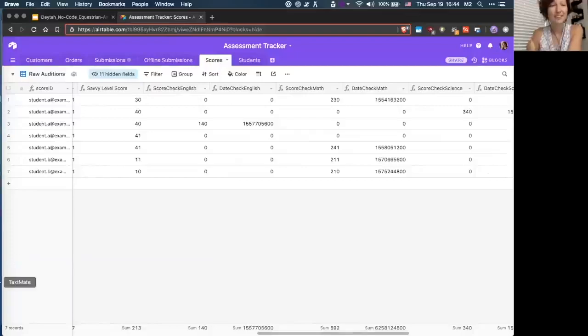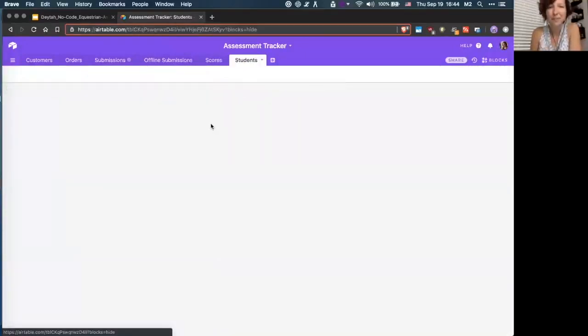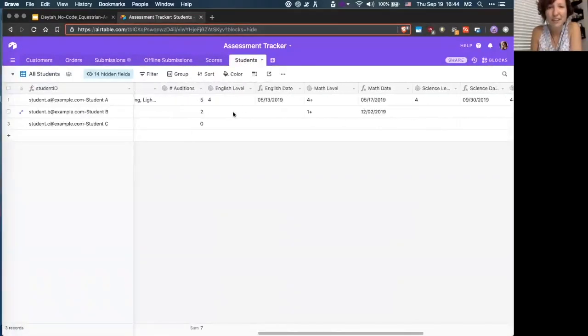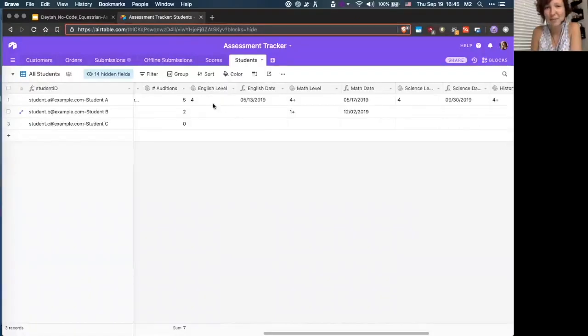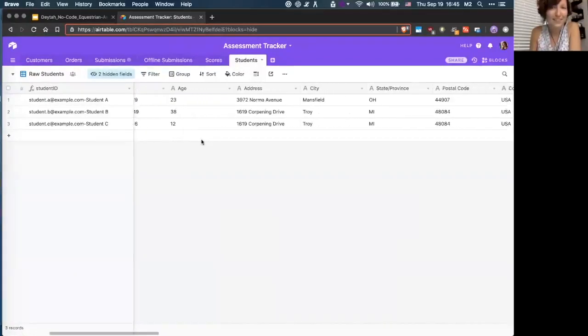which just takes that and adds 100 to it. Okay. It verifies that they did get the award, that the subject is the same subject, the level index meets a certain criteria, and it adds 100 to it. Okay. Once you have all of that, you duplicate that for each of them and just make sure you label it nicely. We have this is the clean version of where you can just see those last 2. But if you want those,